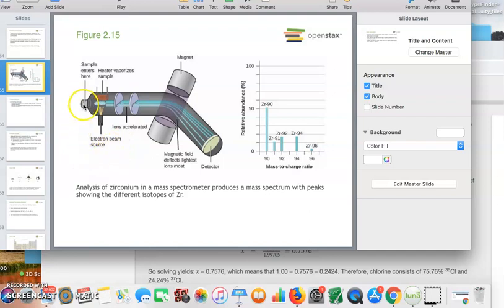So you have the sample here. It gets vaporized and turned into ions by the electron beam. The ions are accelerated and then subject to a magnetic field. Then, depending on the mass of the ions, they are going to hit a certain portion of the detector. And so what you get out of this, when you inject your sample, is some sort of spectra here. And here we see a graph of the relative abundance of the isotope versus